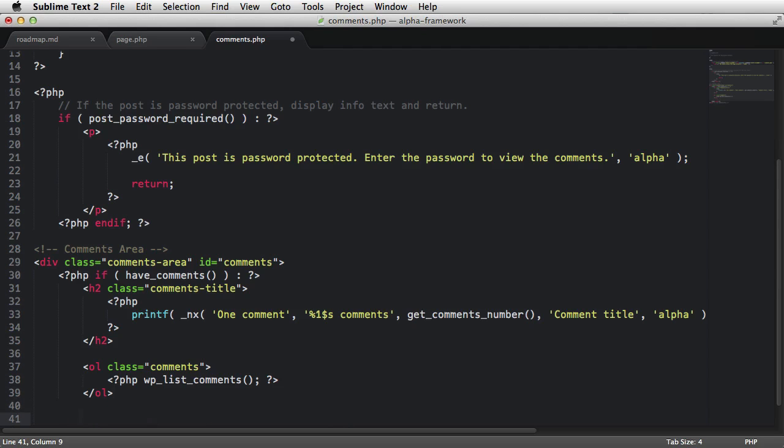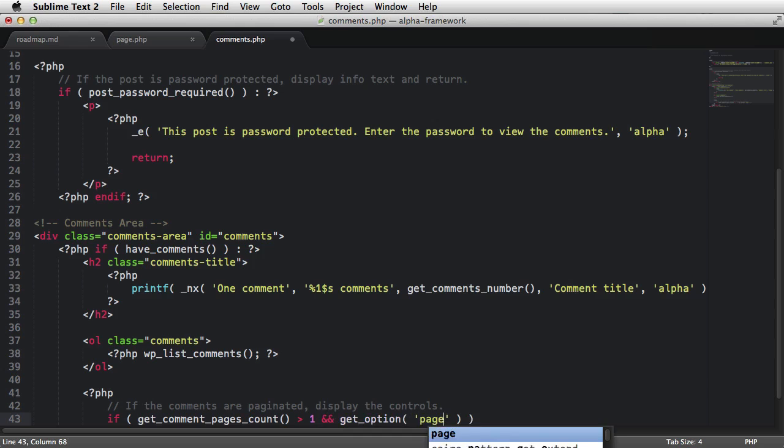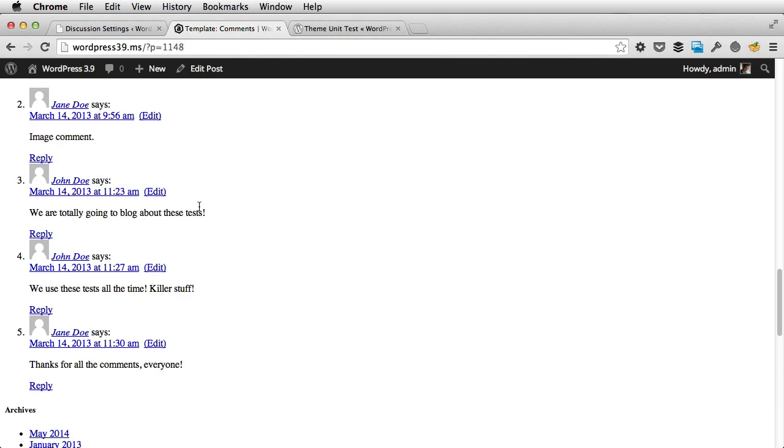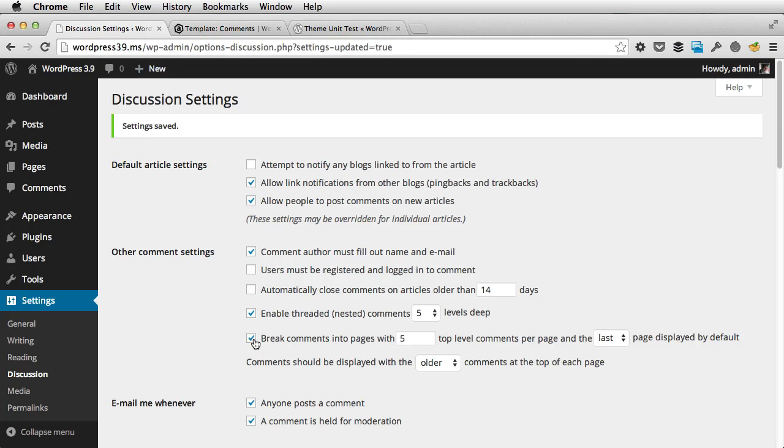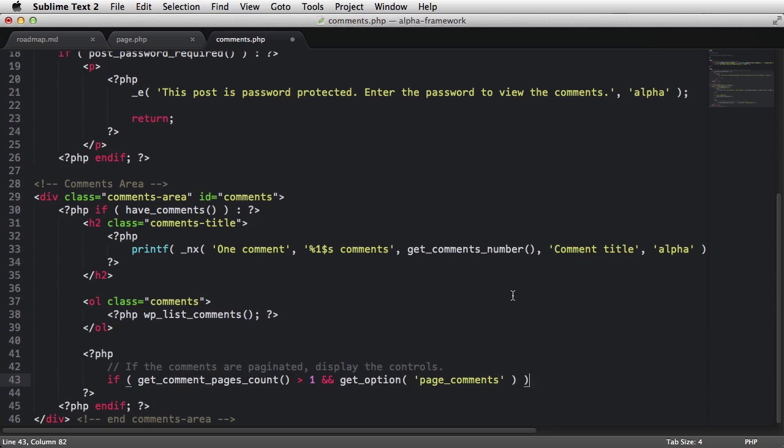For that, we're going to do this PHP. If the comments are paginated, display the controls. If get_comment_pages_count is higher than 1, so if we have more than 1 page of comments, and get_option page_comments, which is exactly what I showed you here, this value is returned by the get_option page_comments function. Okay, so if both of these are true, then we're going to display a nav with